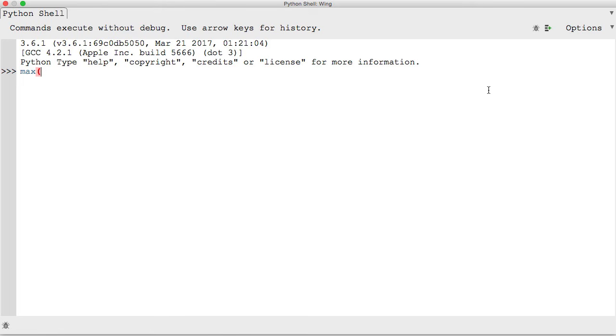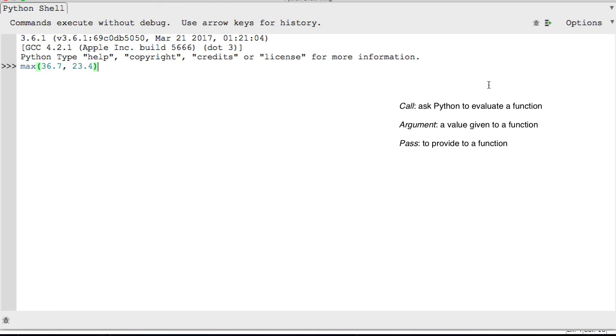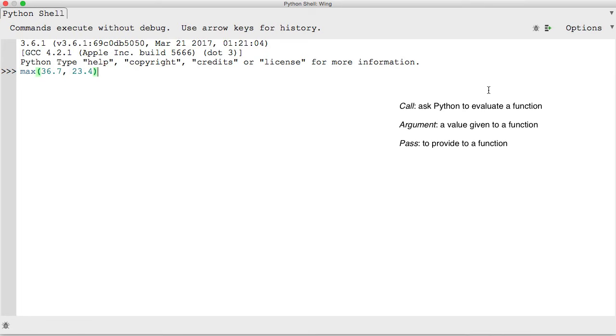I use an open parenthesis, and then I provide the arguments to the function. So in this case, I'm going to provide two arguments, pass two arguments to the function. The argument values are 36.7 and 23.4. So this is a function call with arguments 36.7 and 23.4. When I hit enter, Python will evaluate that function call and tell me that 36.7 is the bigger of the